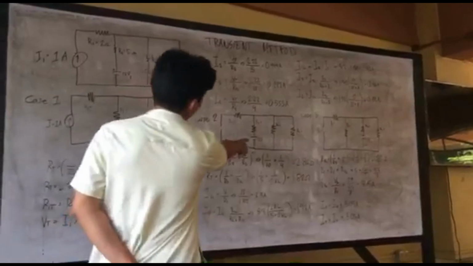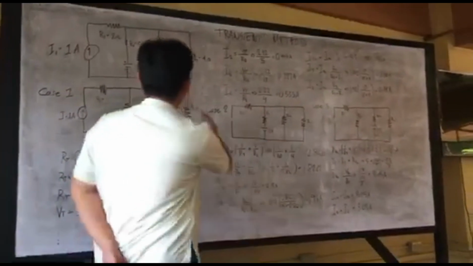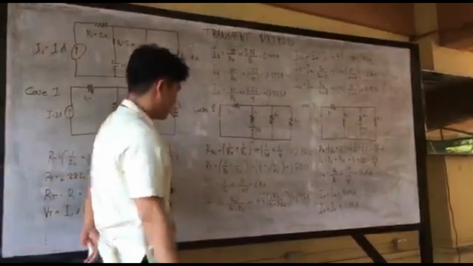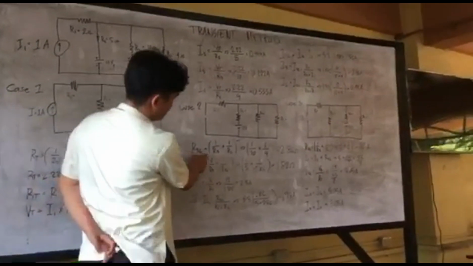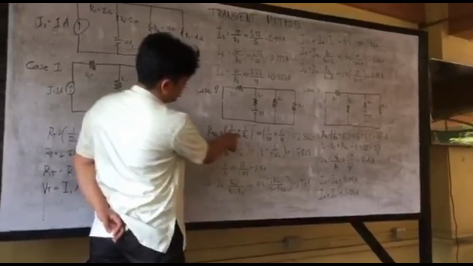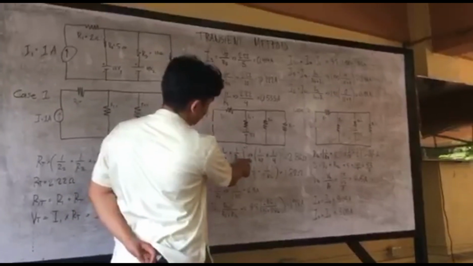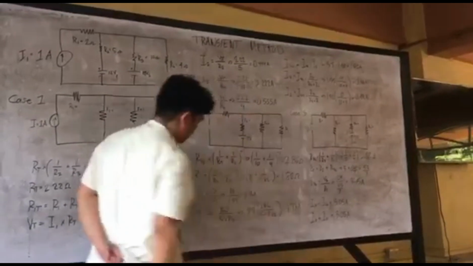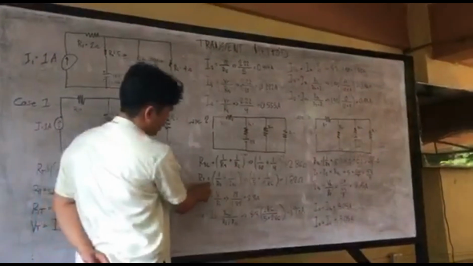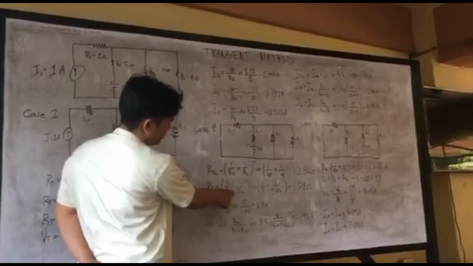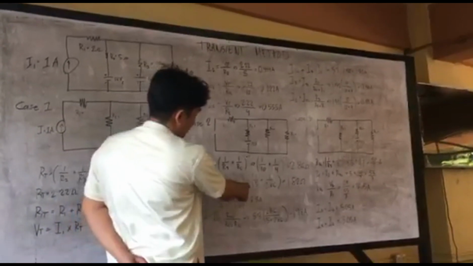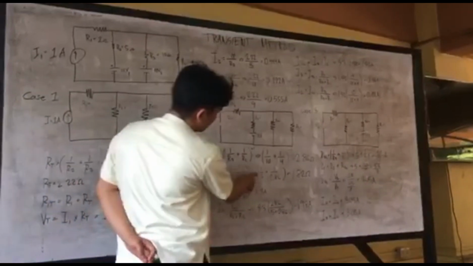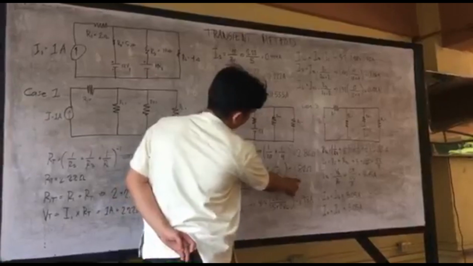Now, as for these two, we are going to close the P2. So now we have a voltage of 12 volts. Same, the resistance will be the same, and we are going to open the circuit. So to solve for R3L, we're going to use the formula 1 over R3 plus 1 over RL raised to negative 1. Substitute the values, and the answer will be 2.86 ohms. And for the RP, the formula will be 1 over R2 plus 1 over R3L. And substitute again the given, and the answer will be 1.82 ohms.